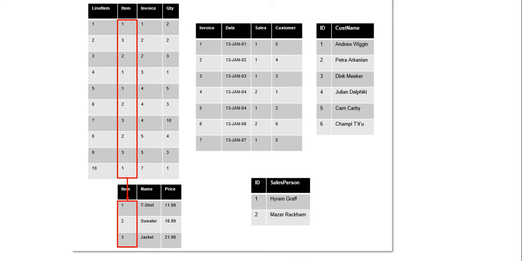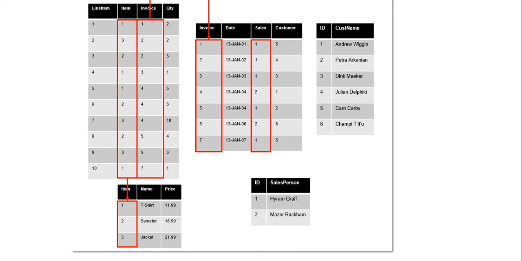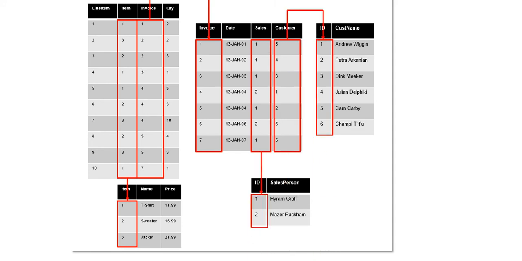And then likewise, I might have an invoice number, which is a foreign key to the invoice table, right? So we have the line items on the invoice and then the actual invoice itself. And then, for example, we have the salesperson on the invoice, which references the salesperson table. We have the customer, which represents the customer table, right? So we have all these primary keys and foreign keys, and I just wanted to give you kind of a